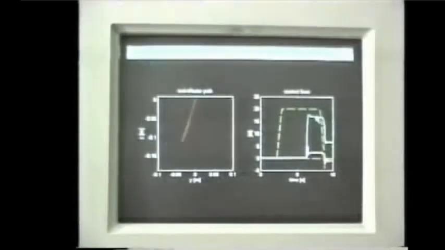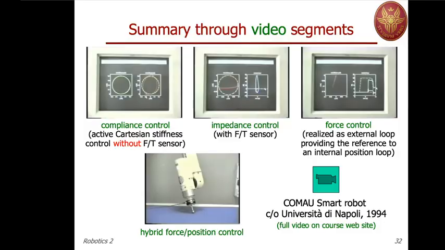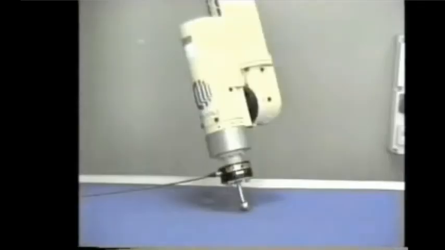So in fact, the message here is that you should use an internal position loop if you're doing this cascaded control with the external force loop and an internal motion loop. This is not what I proposed before, but is another example of the possibility that you have in this context. And finally, in Naples, they implemented a couple of years later than us also a hybrid force position controller on this Comau version, so an industrial arm, not the prototype that we have used. And in this case, again,